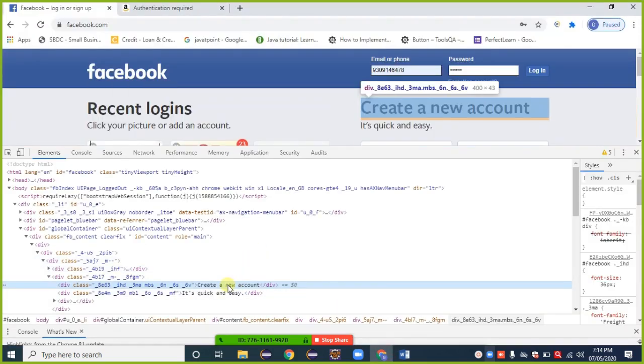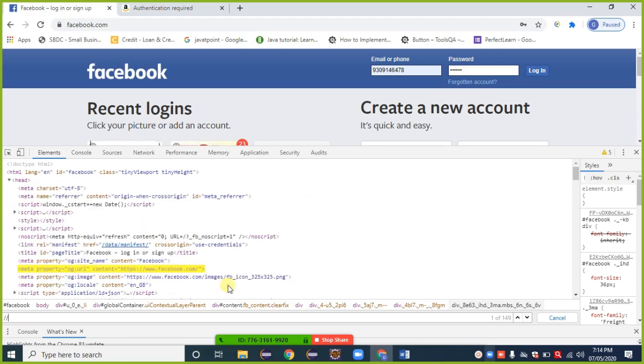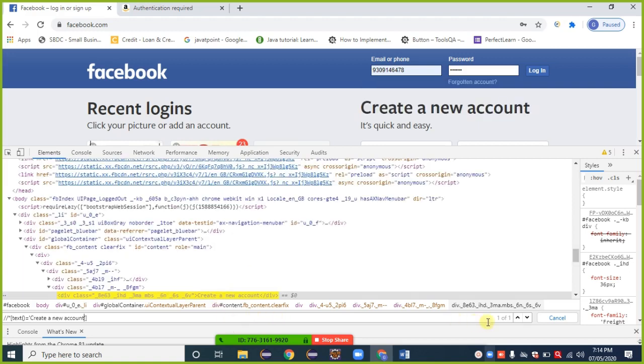First I copy that text, Ctrl+C, then Ctrl+F, two forward slashes, star, bracket, text(), equal sign, and single quote, and inside that the value, Ctrl+V. Observe, one of one: the yellow line is highlighted. Take the cursor on that, yes, "Create a new account" is highlighted. It means whatever I am providing here is right. Copy that, Ctrl+C.